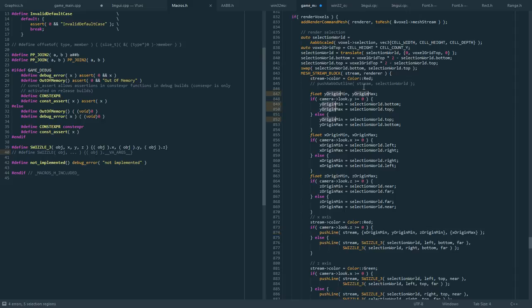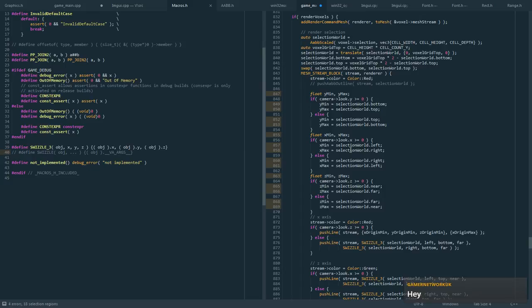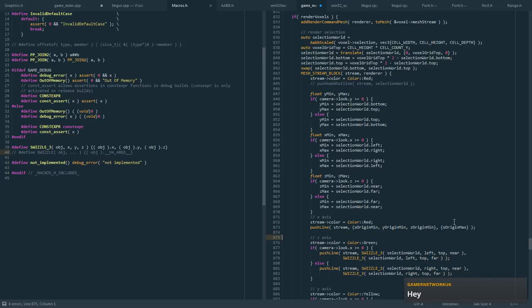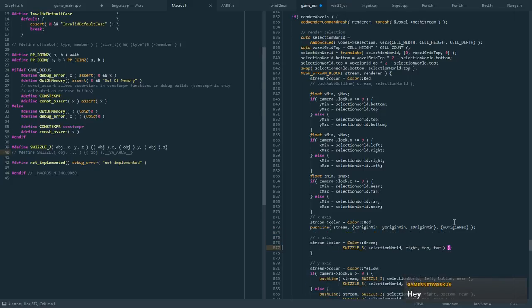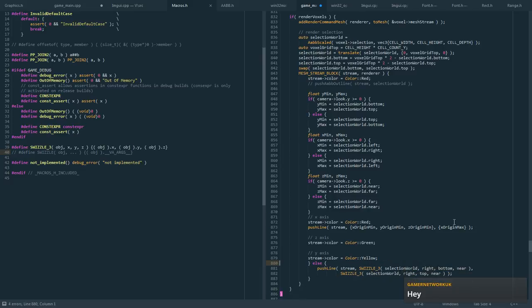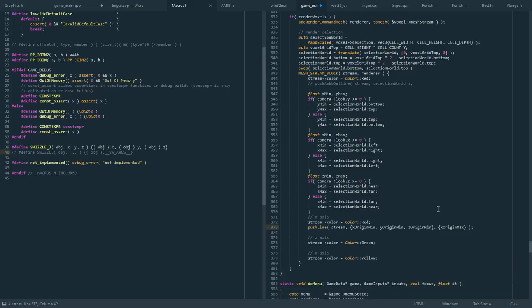Guess these don't have anything to do with origins, so let's get rid of those. Now the if statements should go away from here. So the x-axis goes from